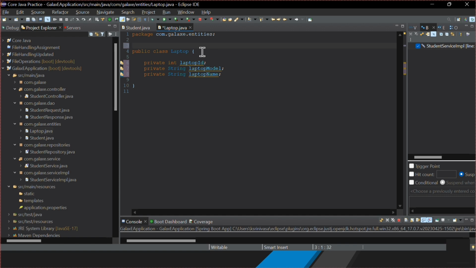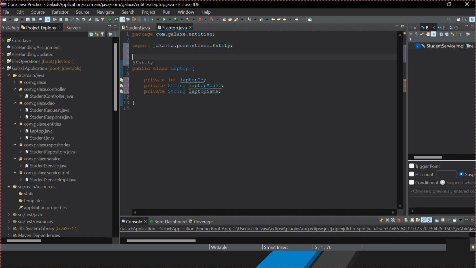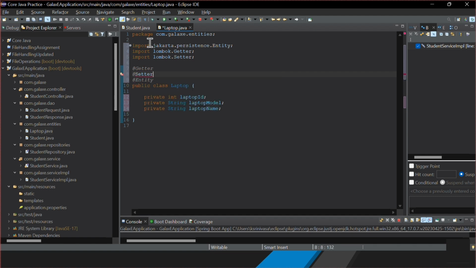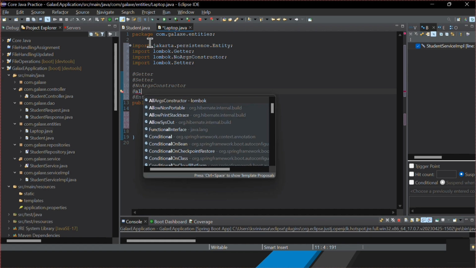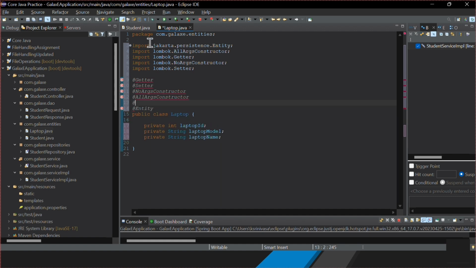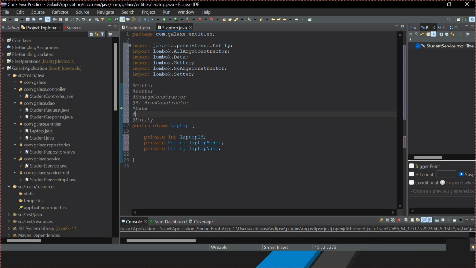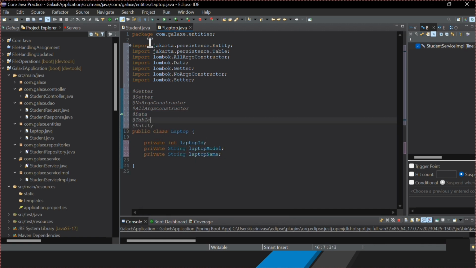To tell Spring that this is an entity, we need to annotate it with @Entity. And then we have getters and setters, @Getter, @Setter, no args constructor, all args constructor, @Data if you want. And then you can also mention the table name by giving name equals laptop,